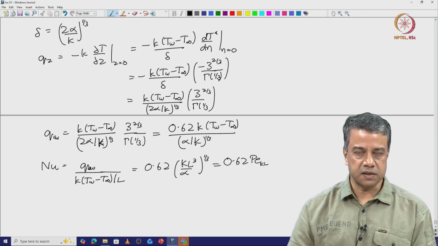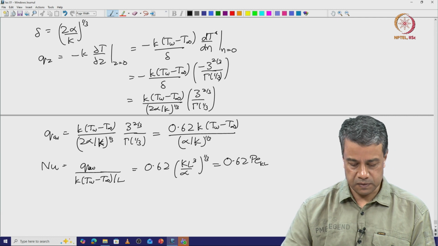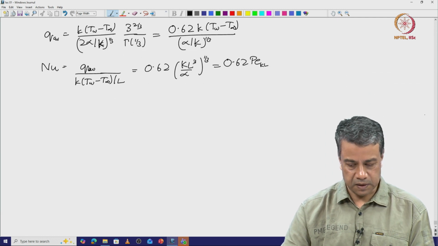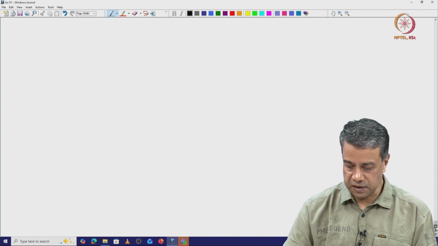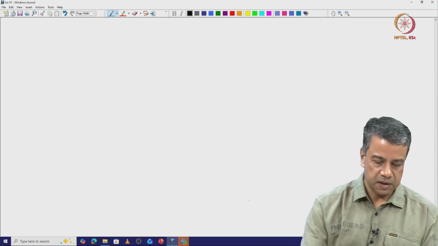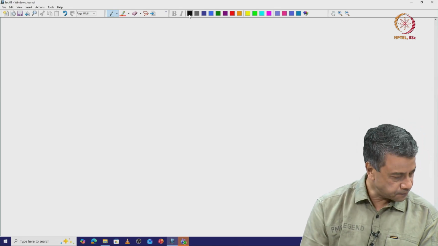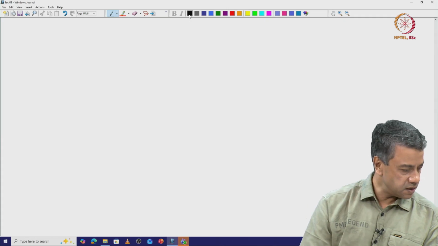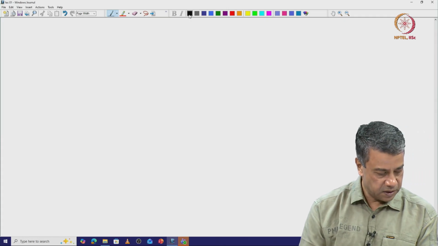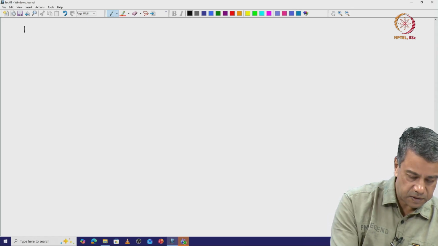That 1 over delta is the only one that depends upon the downstream distance and on the configuration of the flow. So in that sense, the scaled temperature field in terms of the similarity variable is exactly the same for many different kinds of flows. In fact, we will see it is the same for any flow so long as the no slip condition is applied at the surface. Let us consider a slightly more complicated example, that is diffusion